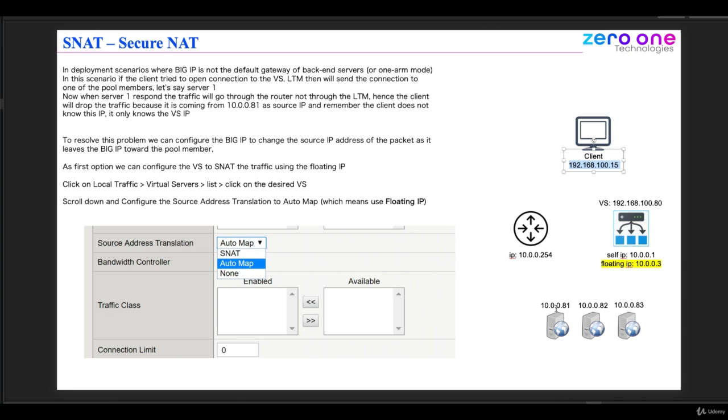Now, on 81, we get the request coming from 100.15. This IP address is not on our subnet. When we send traffic to an IP address not in our subnet, we have to send it back through our gateway. So 81 will try to send it to the gateway. Now, in our lab, the gateway does not exist. But even if the gateway does exist, and even if the gateway is able to send the traffic back to the client,